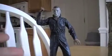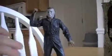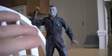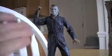It just popped. It very much looks like a masterwork. It looks like a work of art. This doesn't look like a normal action figure, and I think that's what turned me on to this figure all